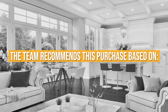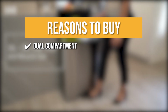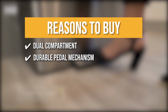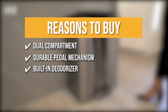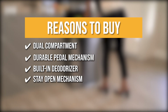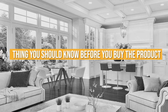The team recommends its purchase based on the following: dual compartment. You can segregate your biodegradable and non-biodegradable waste or separate the dry and liquid items. Durable pedal mechanism. The pedal of this product is designed to last more than 100,000 steps while closing slowly and quietly. Built-in deodorizer. This item has a deodorizer compartment that holds the charcoal filter to keep the trash can and kitchen smelling fresh. Stay open mechanism. With just a slide of a button, you can command the lid to stay open for a longer duration. Keeping all that in mind, the thing you should know before you buy the product is the body is a